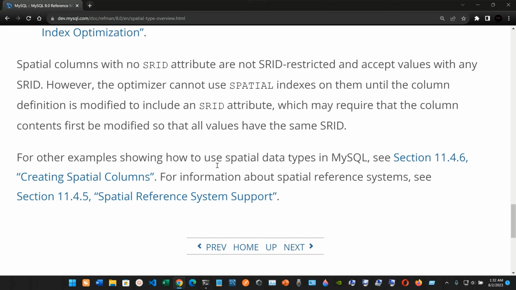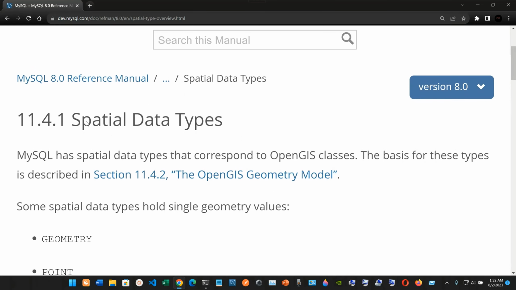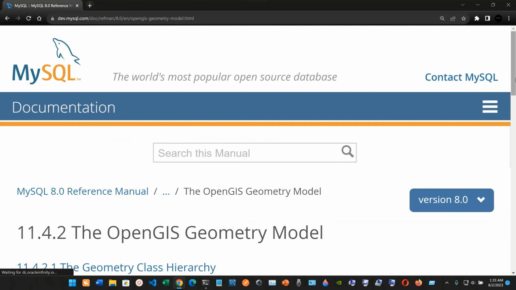For other examples showing how to use spatial data types in MySQL, you can check out section 11.4.6, Creating Spatial Columns. For more information about spatial reference systems, you can check out section 11.4.5, Spatial Reference System Support. So we have that for the section on spatial data types. So let's check out the next section. It's gonna be really short,